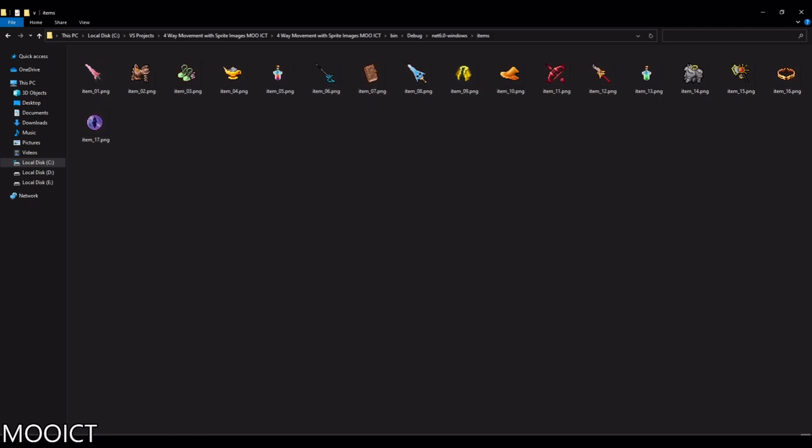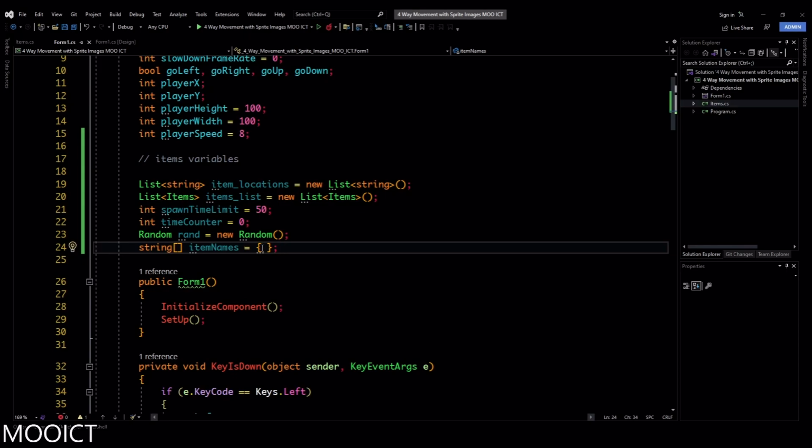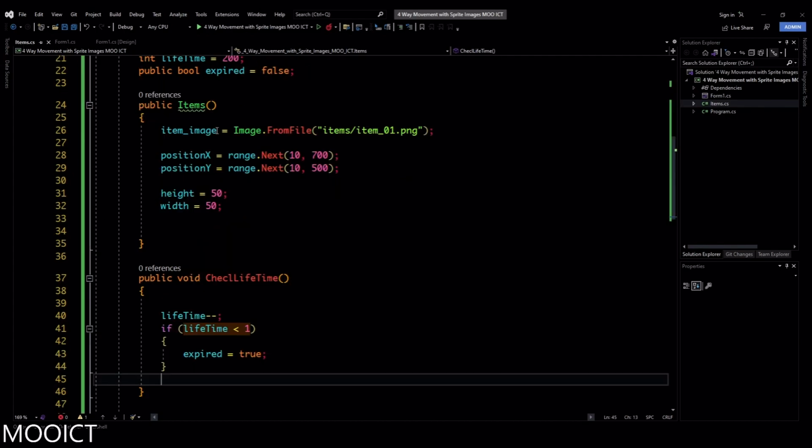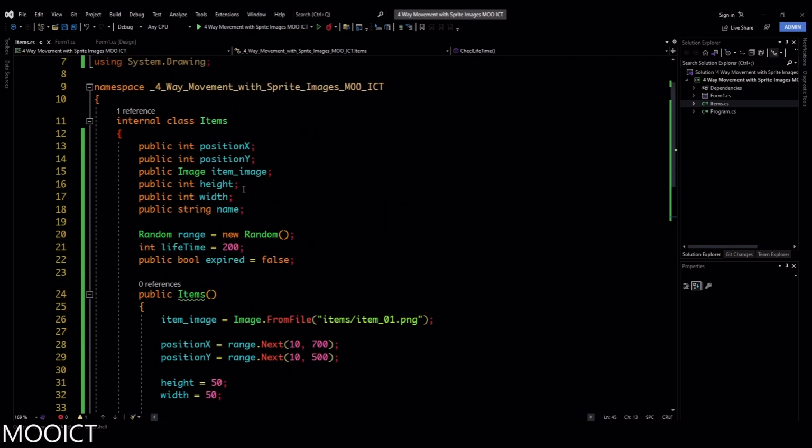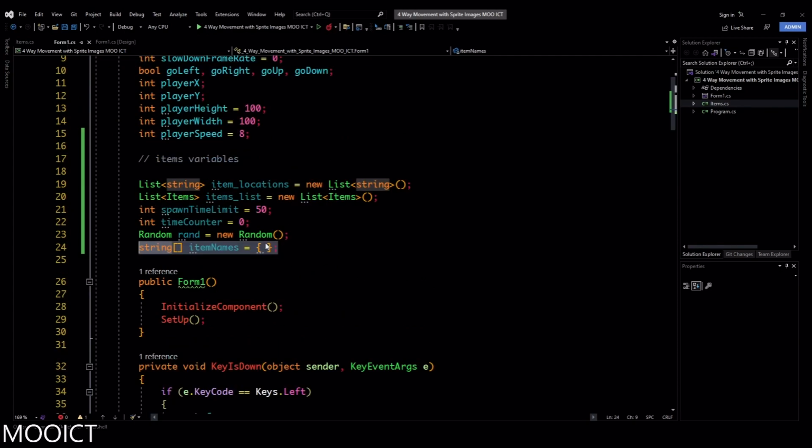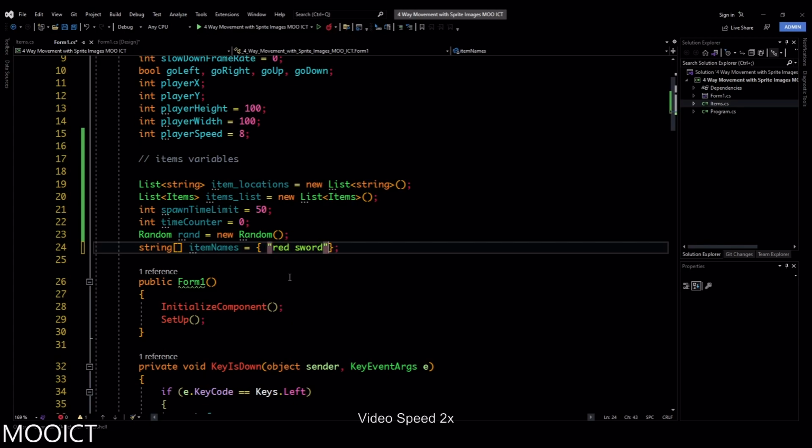If we write an array, then we're able to pull the items from the list and assign the item names to the name inside of the class. It's this one here. Let me show you how that is done. First, let's type in here red sword, and then the medium armor. Then it's green shoes, gold lamp,